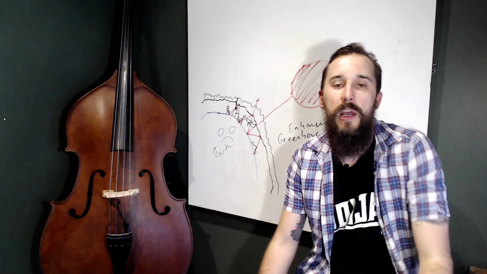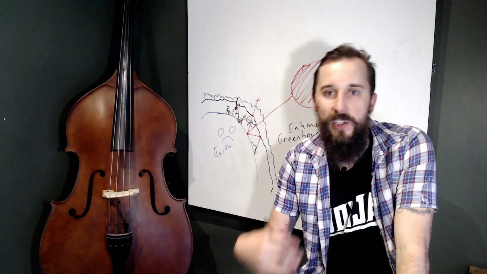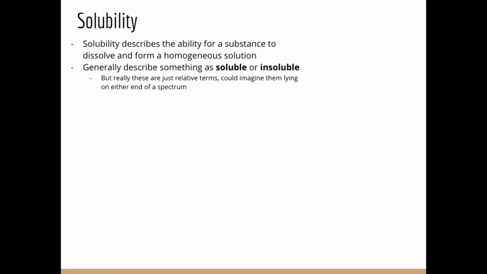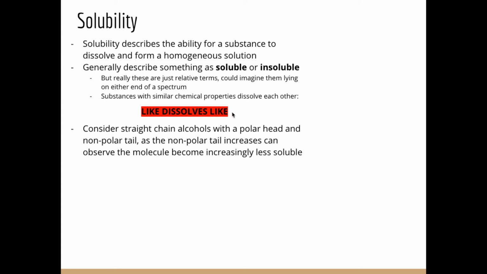So we use terms such as sparingly soluble or slightly soluble, but we can just generalize for now as something being soluble or insoluble. Substances with similar chemical properties dissolve each other, and we rationalize this as a catchy soundbite that says like dissolves like, which means like solvents can dissolve like solutes. Consider straight chain alcohols with a polar head and a non-polar tail. As the non-polar tail increases, we can observe the molecule becoming